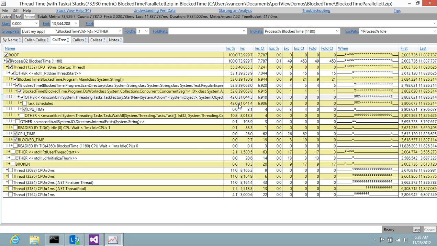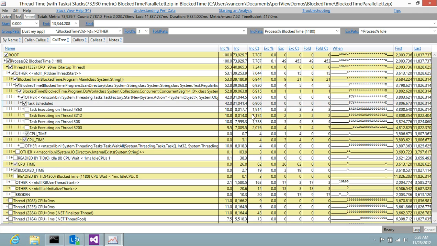Now, it's not perfect, though. It's important to realize that in the sequential case, there was still only one thread, so you never had a problem with double counting. Here, I do have a problem with double counting, because I actually seem to have 40 seconds of wall clock time, when in fact the end-to-end time was only 8 seconds, right? So we're getting double counting on time because